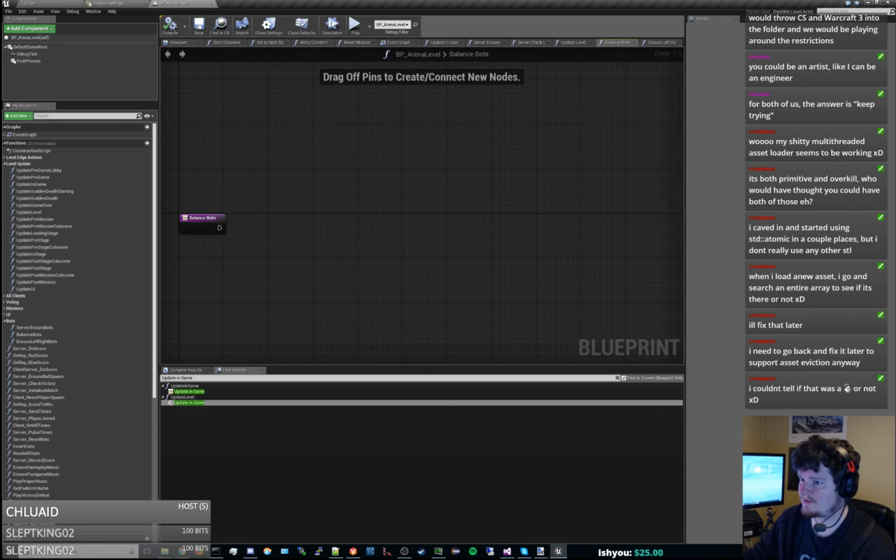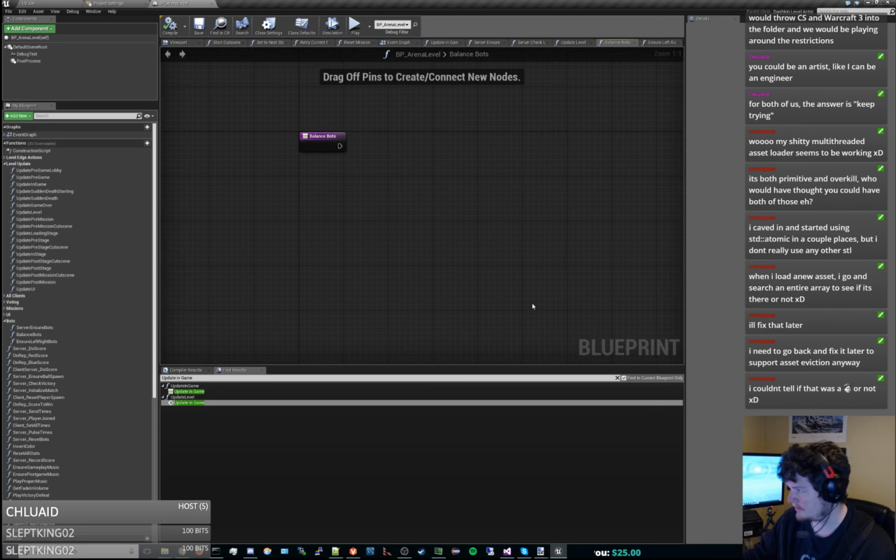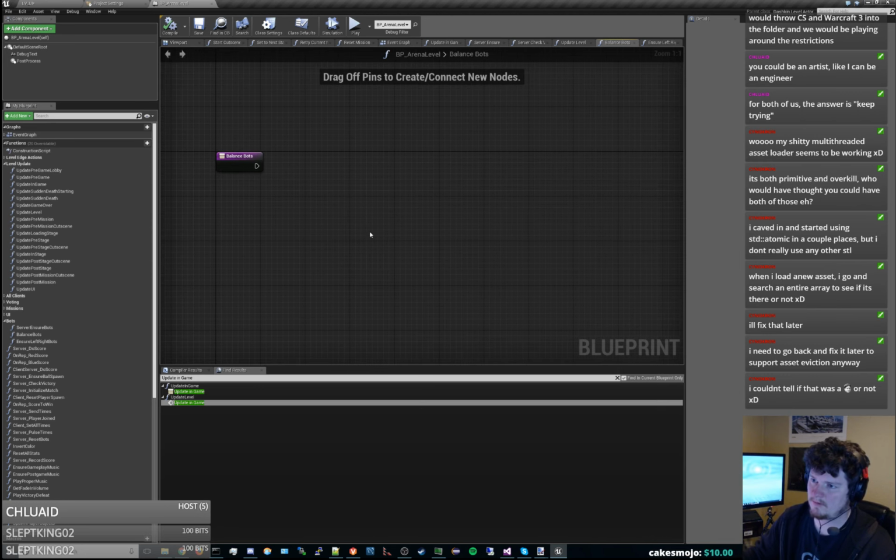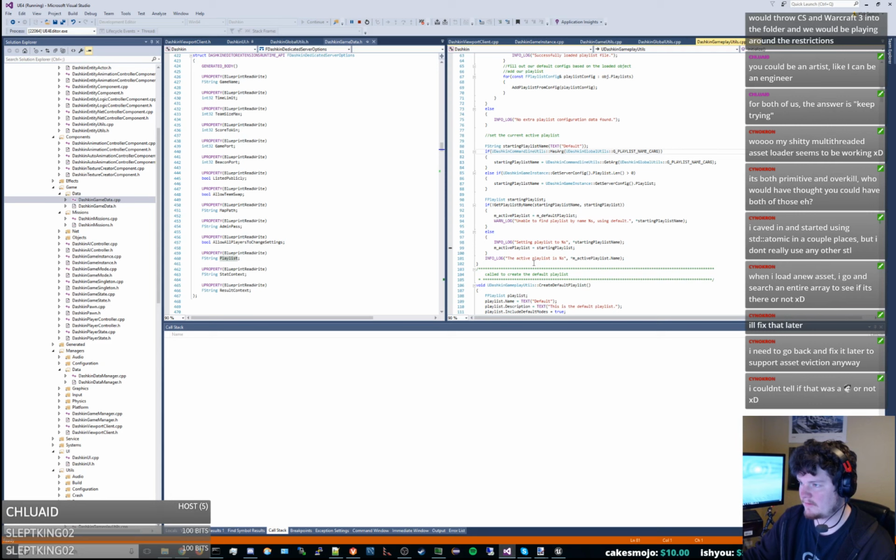Alright, so balance bots. So what we'd like to do is basically get the number of players on each side and make sure they're equal. And if they're not, spawn a bot to balance it. So what do we need to do? We need to call